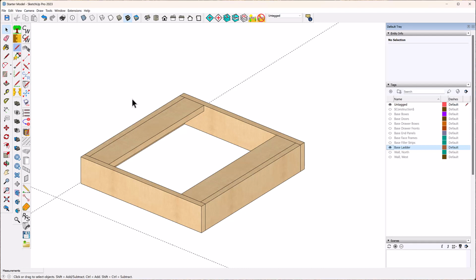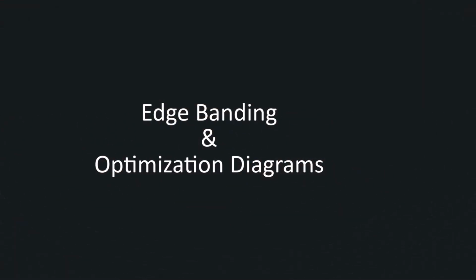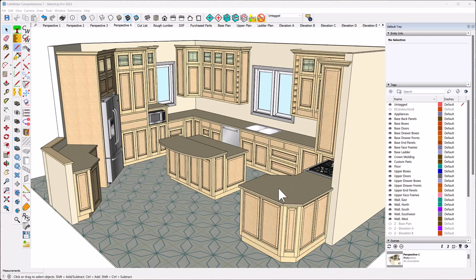Okay, the next thing I want to talk about is edgebanding and optimization diagrams. This model is a frame and panel model, cabinet style, and the frames and panels are cope and stick, and so they involve almost entirely rough lumber, not sheet goods. But if we were to create CabWriter production documentation from this model and look at the optimization diagrams, which I will do now,